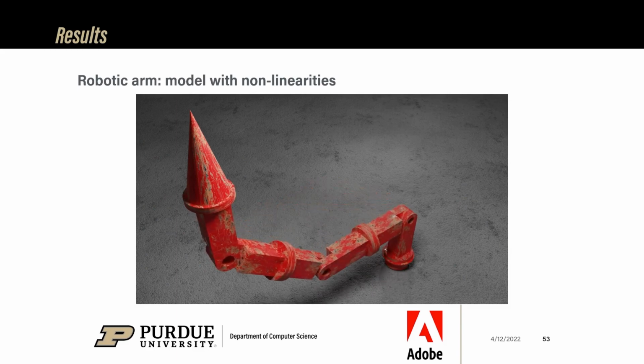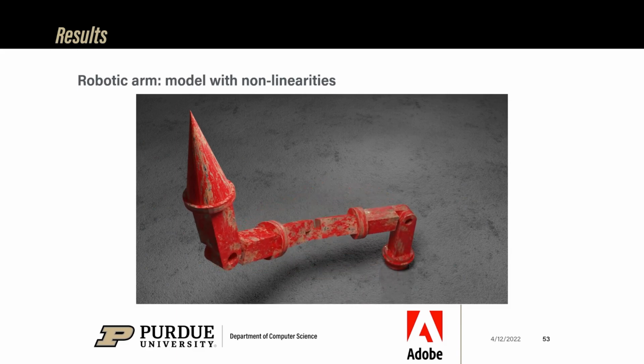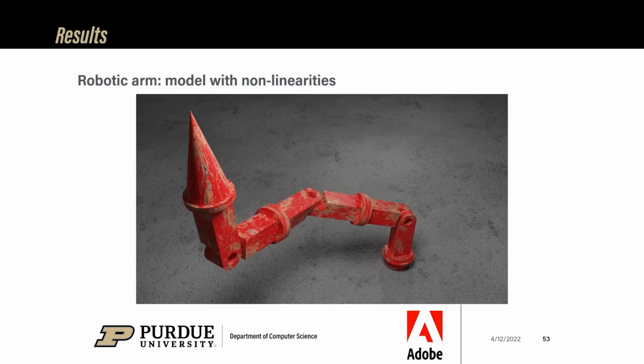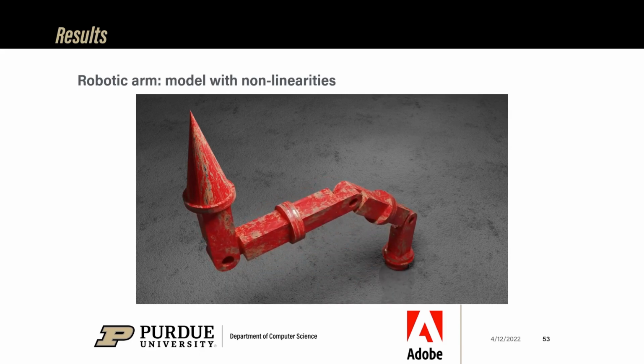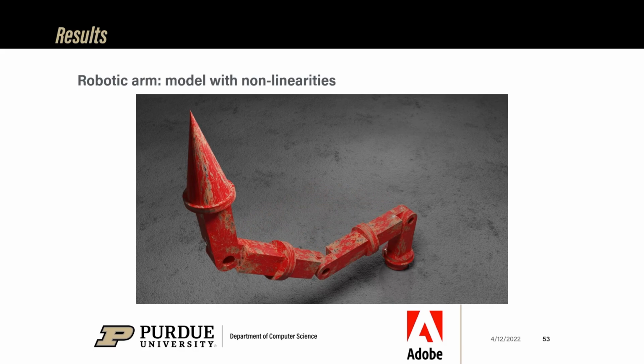The robotic arm is the typical example of a model that has non-linearities. If you want to point the end effector at something, you will have to change all variables. Of course, manually it's not possible. Besides, it shows that our approach is generic and can give results similar to inverse kinematics.